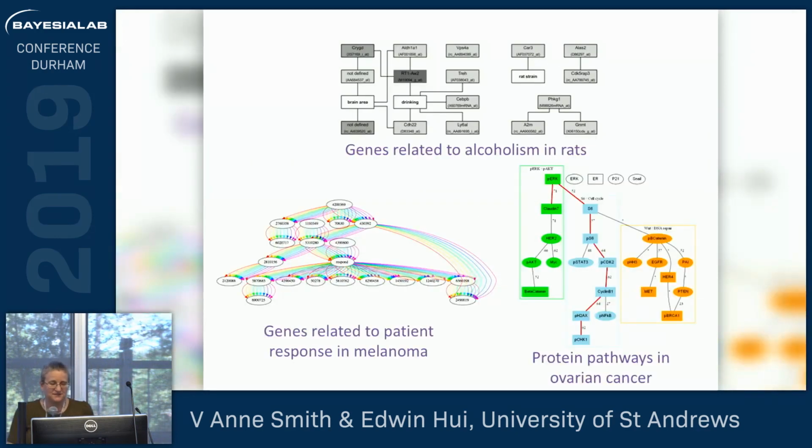And here is, we do a lot of this now, just finding groups of genes. This is identifying some genes related to alcoholism in rats. This is finding genes related to patients in melanoma. Here is one where we actually were after the pathways. This is actually protein phosphorylation data instead, so it's another level, in that we were measuring whether or not the protein can do something. And this was showing us which ones were being activated during treatment.